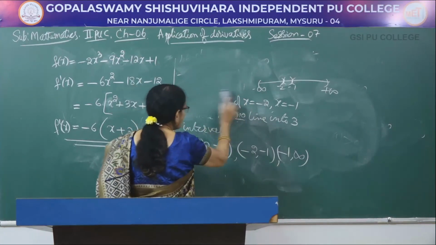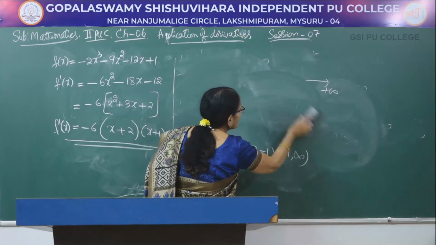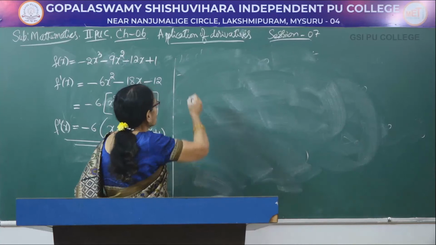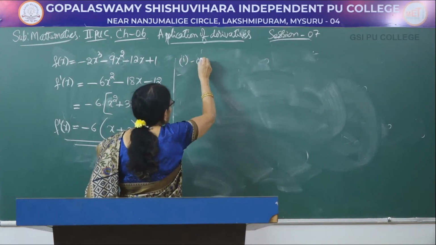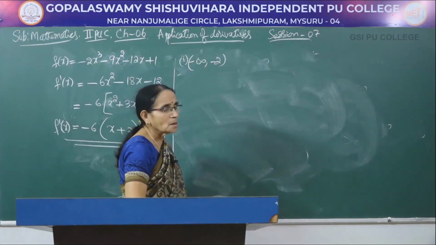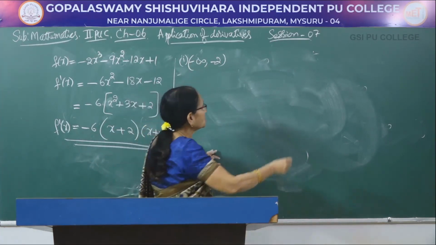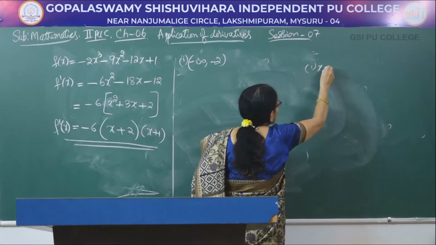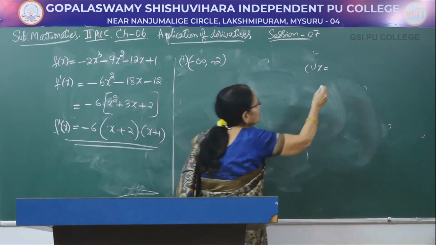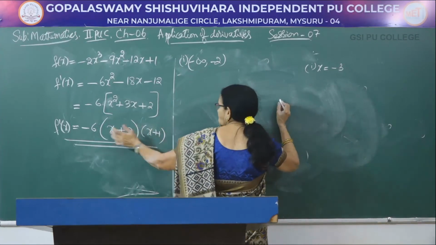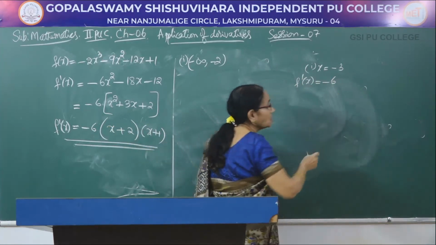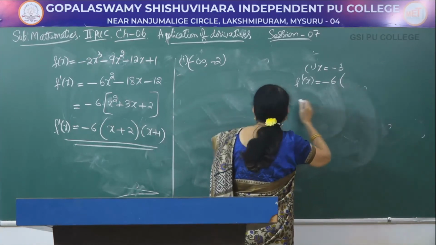Now, let me take the intervals one by one. First interval is minus infinity to minus 2. So, let me discuss that one. In the first interval, minus infinity to minus 2, what is the procedure I have told you to get the exact sign here? Let me take a value less than minus 2, or a number belonging to that interval. Better take it as minus 3. Now here you have to be careful because we are already having minus 6. That is why I am telling you be careful.